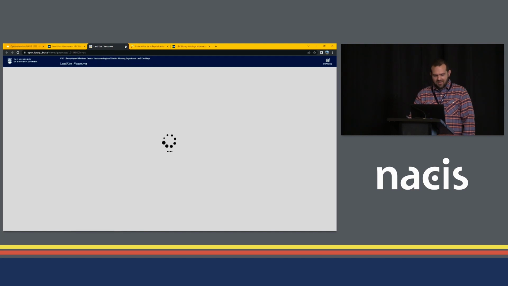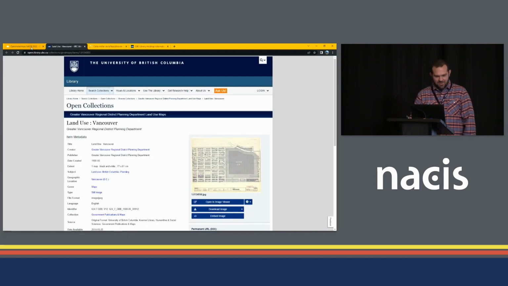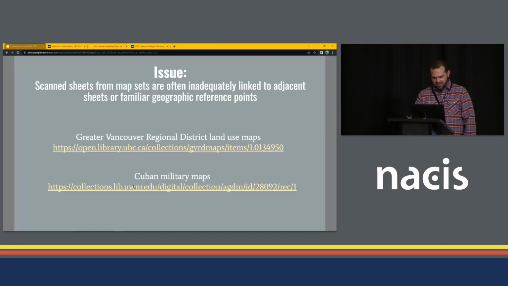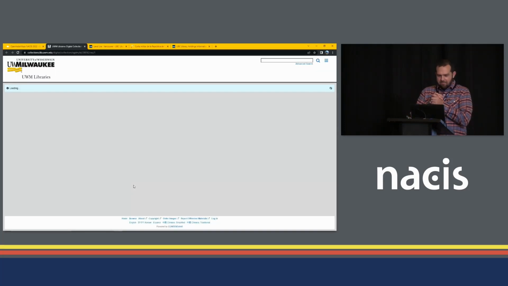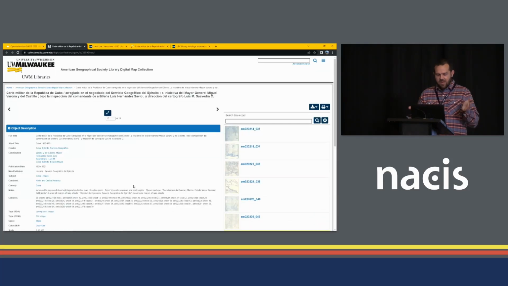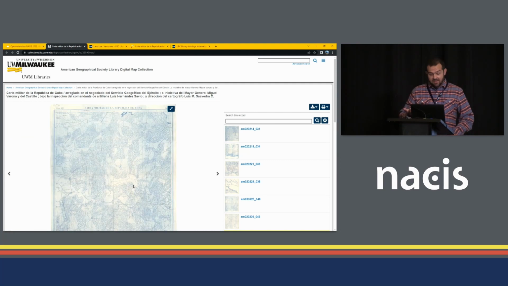Here, I'm just going to close UBC's examples, and maybe we'll go to the Cuban military map. So one of the big utilities of having map sets is that we can map large areas at a scale small enough to show adequate detail, and we can print the result on paper that isn't the size of this building or the size of the city. Thinking about that, you really need to be very familiar with the geographic area that you're looking at. If you stumbled upon this map